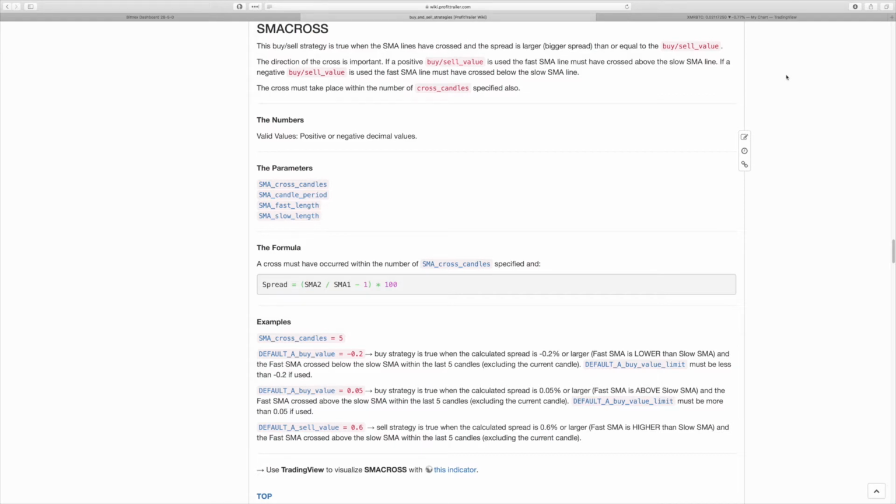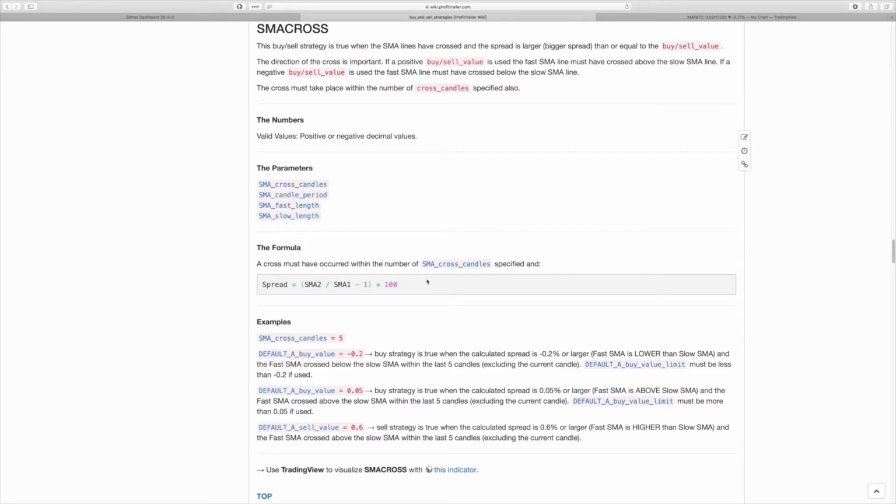The parameters: SMA cross candles, SMA candle period, SMA fast length, SMA slow length. Remember, for EMA, this first bit here would just be replaced with EMA. These are going to be set in your indicators config. We will take a look at that in just a little bit. Here's the formula if you really want to know how to calculate it, but this is exactly what ProfitTrailer uses